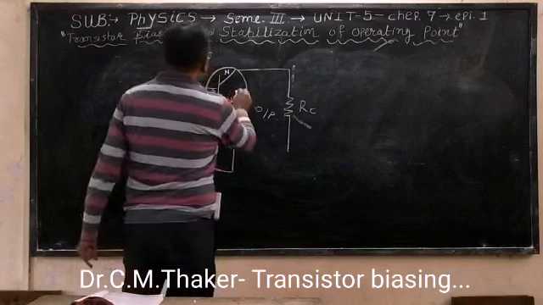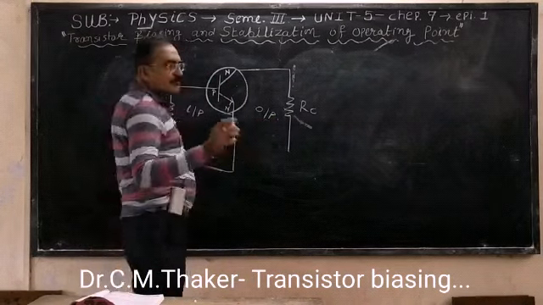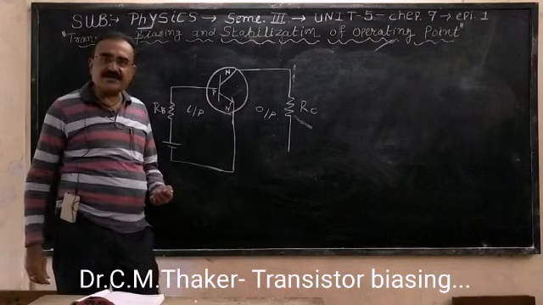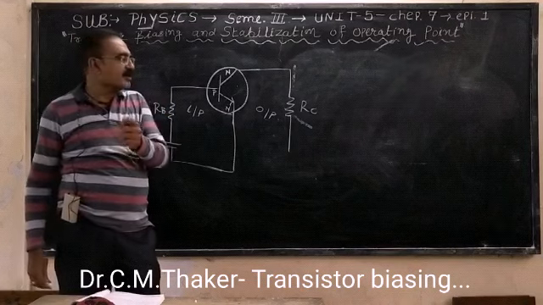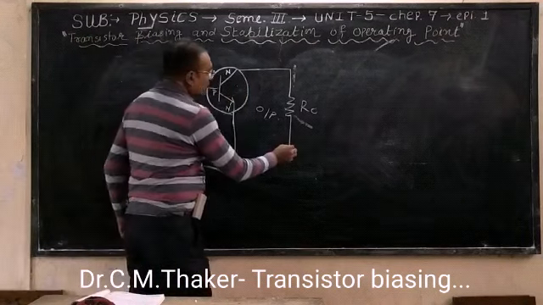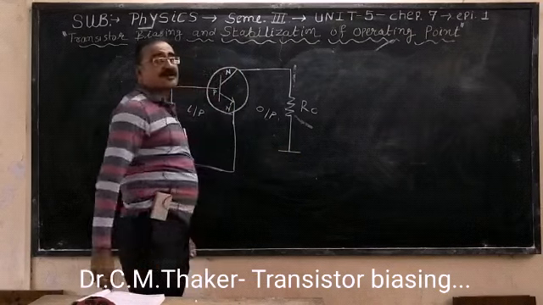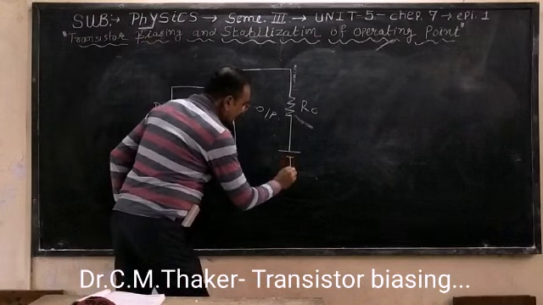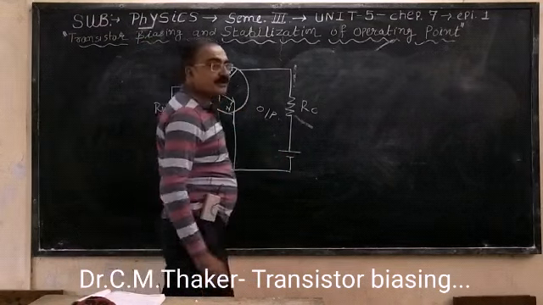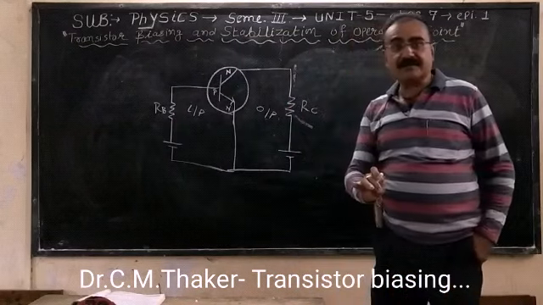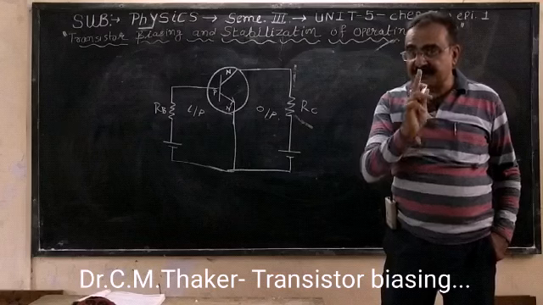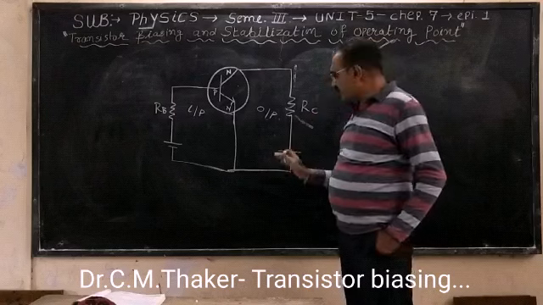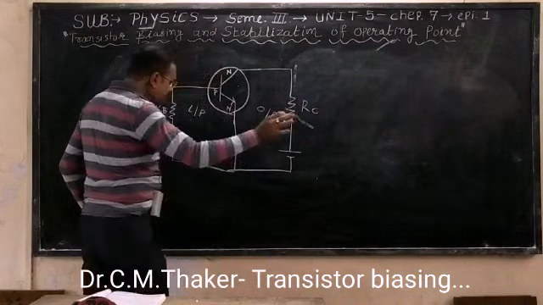In the same way, the output region is always connected in a reverse bias manner. Whenever you connect reverse bias, you have to be careful about the supply terminal. This is the N type. You have to provide the positive terminal of the supply, then and only then it will be reverse bias. The rest, the negative terminal, is connected to the emitter. Don't worry, whatever the rest of the supply terminal is, it will be connected to common, and common is the emitter. So this circuit we already studied in second semester.